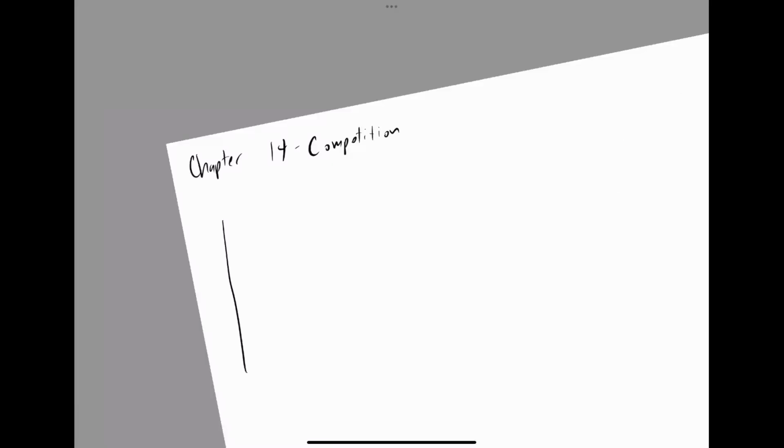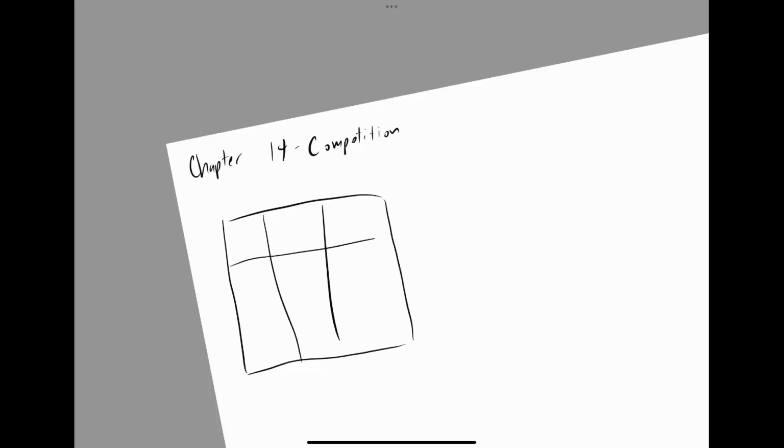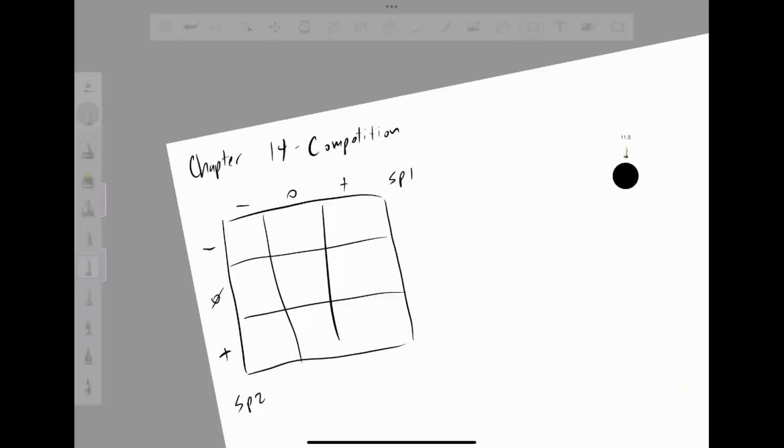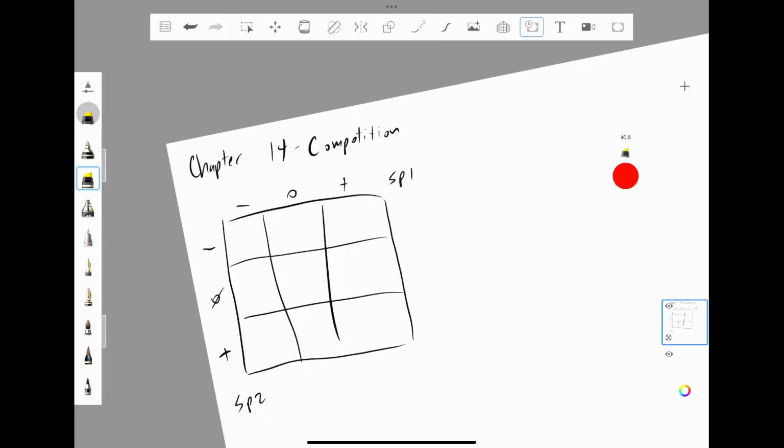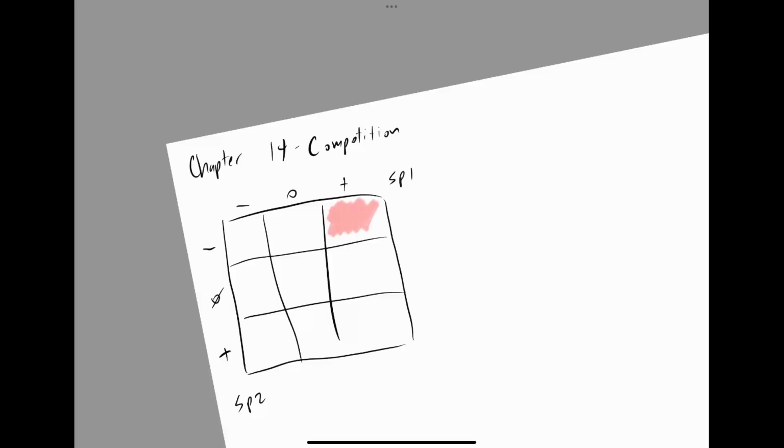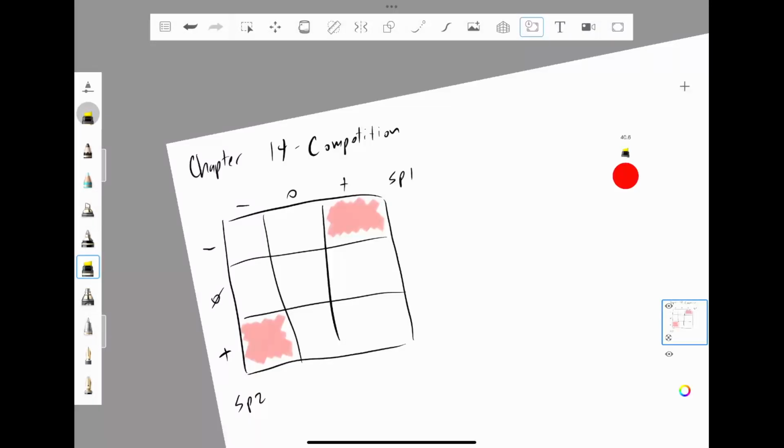Before we get into it, though, I just want to remind ourselves of this interaction matrix we talked about in the last set of lectures, where we can have the net outcome for each of two species that are interacting, species 1 and species 2, right? And these interactions can either be negative, neutral, or positive for each species, right? And when we were thinking about predation and parasitism, we were thinking about these where one organism consumes another, right? And has a positive impact on its fitness and a negative impact on the fitness of the other. But competition isn't like that.